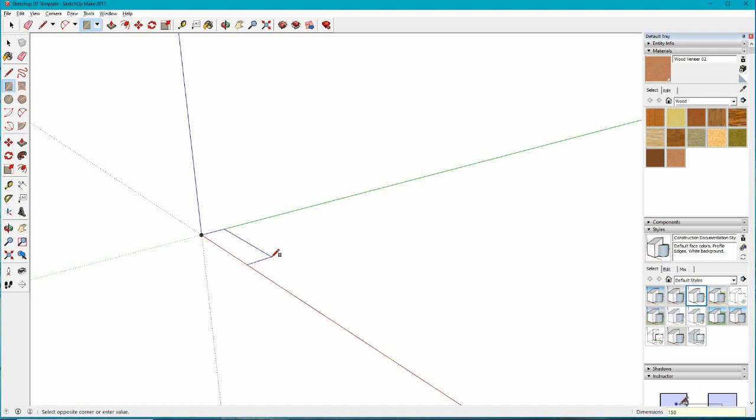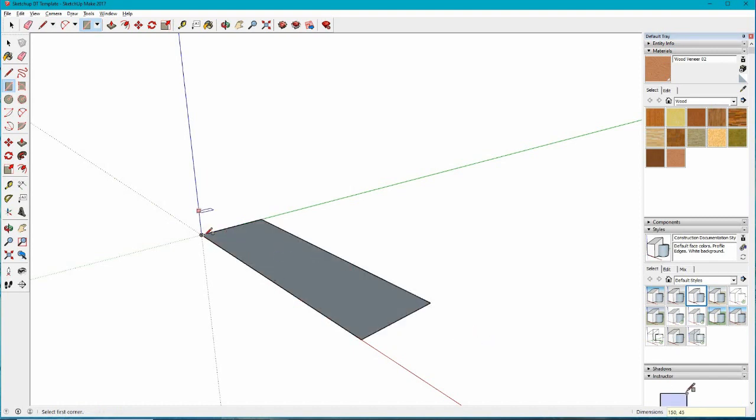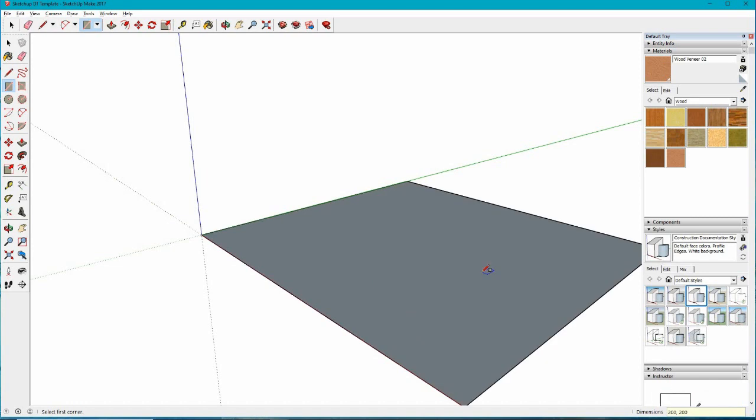So if I want it 150, space 45, press enter, then it will create a rectangle of that size. At this point I haven't clicked anything else. If I wanted to change that, I can do. I just type 200, space, let's say 200, enter, and you'll see it changes. Alright, but I actually want it 150, so I'm just going to type that back in